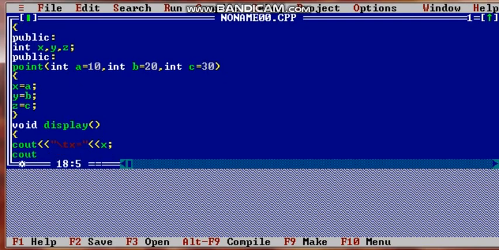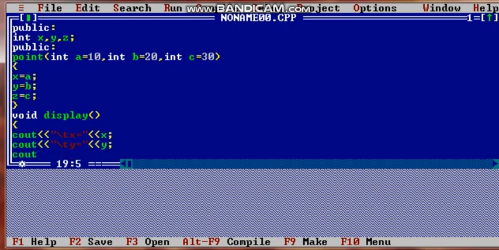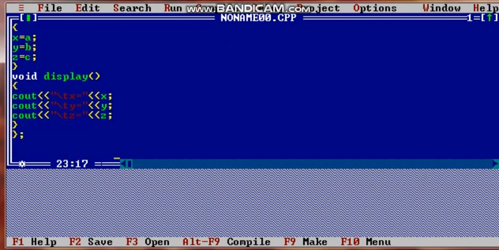Then cout \t, message of y, then y value. Then cout, same \t, but now the value of z. So this is the function which will print the values of x, y and z.